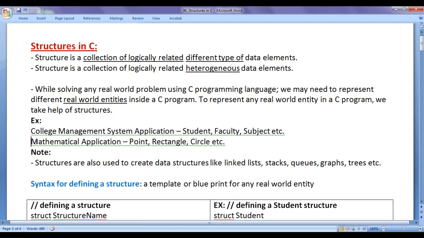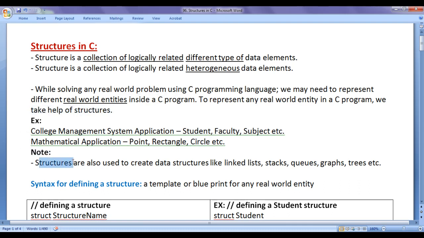While developing a mathematical application to solve geometrical problems using C programming language, we may need to represent different entities like point, rectangle, circle, etc. To represent point, rectangle, circle, etc. inside a C program, we take help of structures, guys.